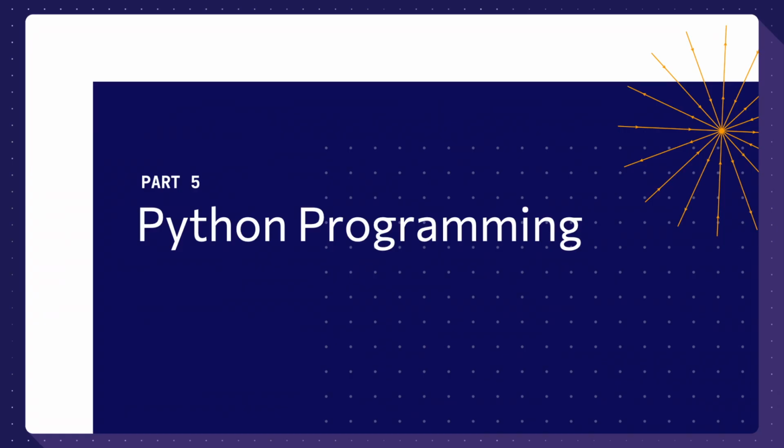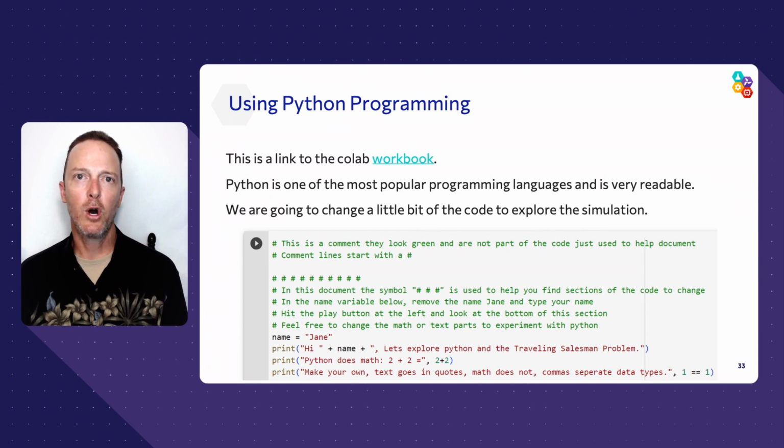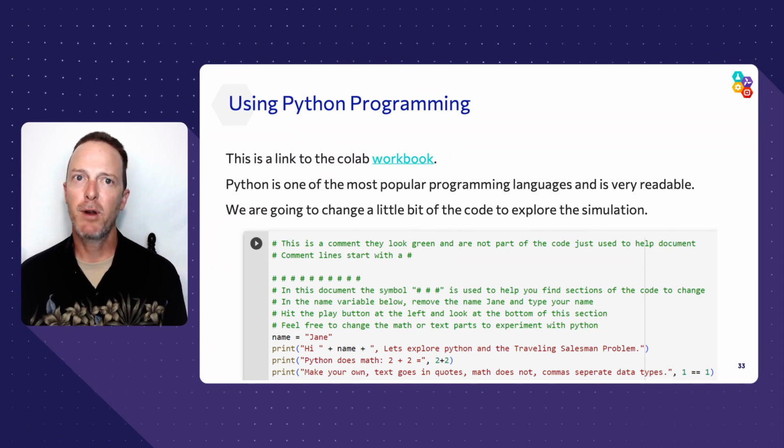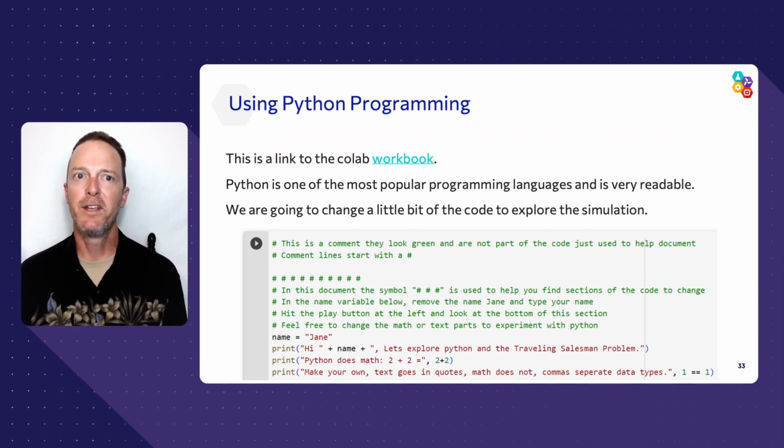In part 5, we're getting into a little Python programming, which is another option for today's challenge that lets you explore how a computer program using Python can help find the shortest path between the 9 cities shown above. In this section, we will be using Google Colab Workbook as an IDE to help guide you through the solution to this problem. We will show you some best practices that computer programmers use when designing code and some techniques used in solving this problem.